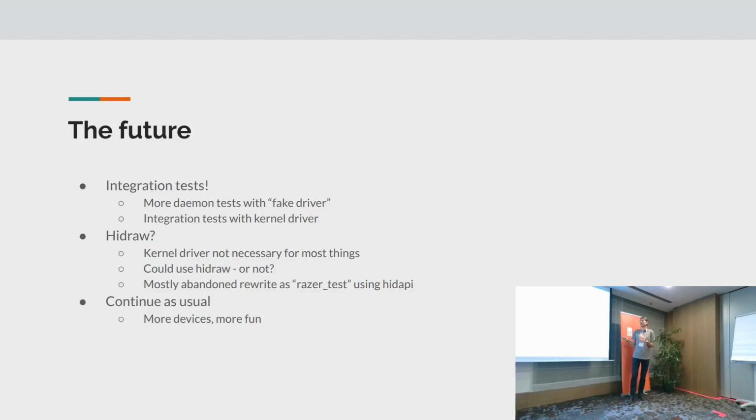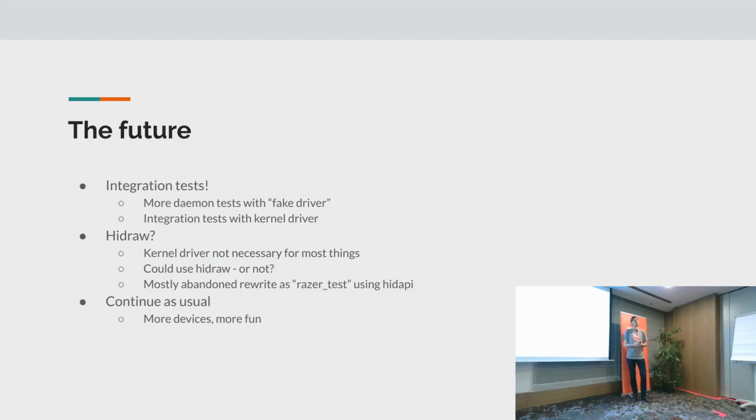As I said before, the kernel driver is kind of a weird thing that we have, because for most of the functionality that we do use it for, sending these USB HID feature reports, we could do it via the wonderful hidraw interface in the kernel, where you can basically do the same just from user space. We do have some kernel functionality that actually needs to be in the kernel. I'm slowly trying to look into how we can separate out these parts and make them nice, put them actually upstream, and then the rest we can move to user space.